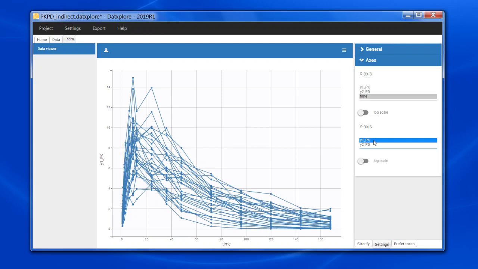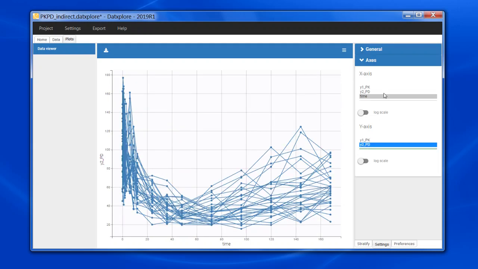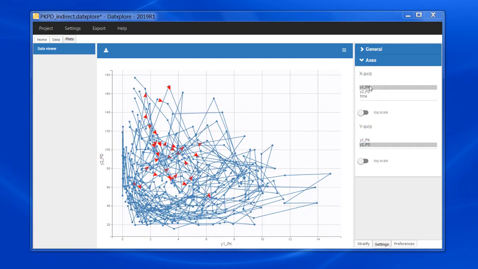In this example, I can see the PK over time with dense measurement following a single extravascular administration. I can also have a look at the PD over time, which is also densely measured. PD can be any type of effect or biomarker, for instance. I can also choose to plot the PD versus the PK. If the PK and the PD have been measured at the same time, this is straightforward. If they have been measured at different times, DATEXPLORE performs a linear interpolation. The red arrow indicates how time is passing by.